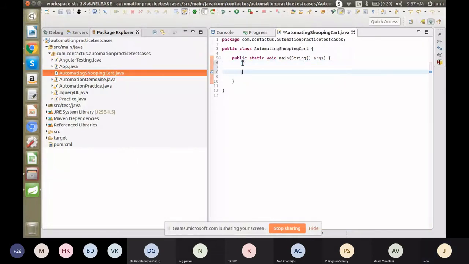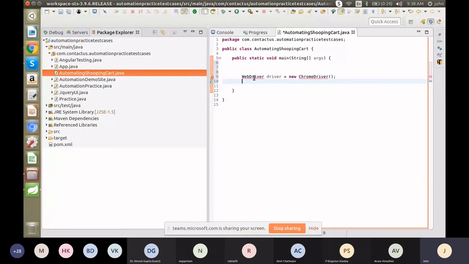So what we can do first, I already told, right? We have to create the Chrome driver object. So we'll create the Chrome driver object first. So we have to import the package.